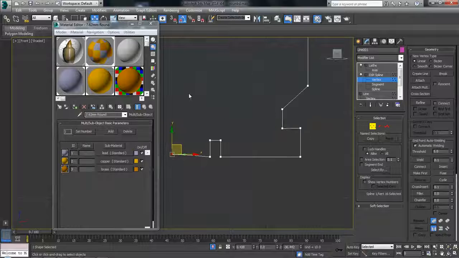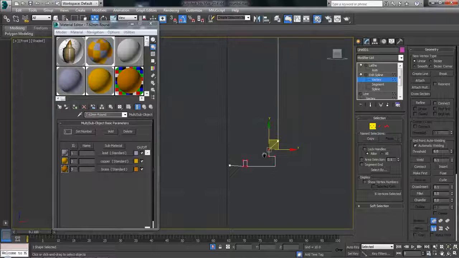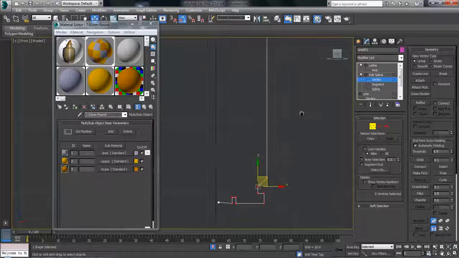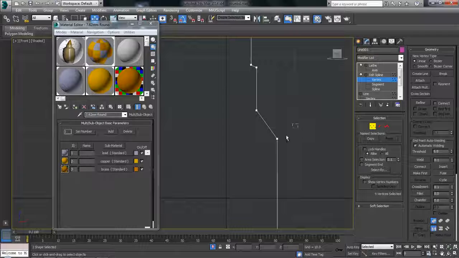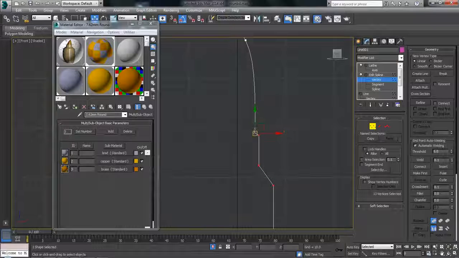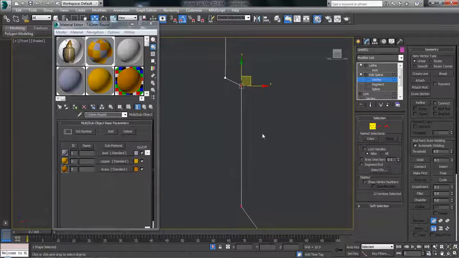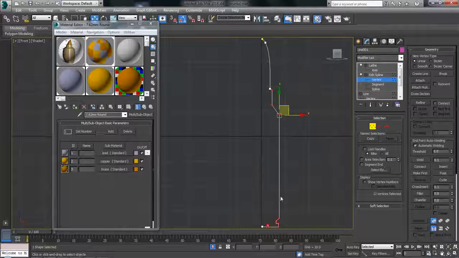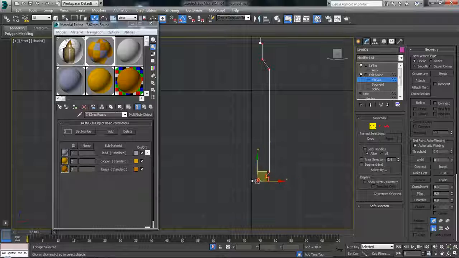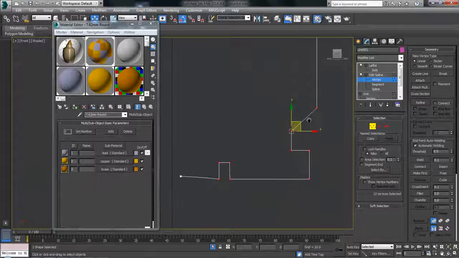I'm going to select all these vertexes here, vertices, I don't know what the correct terminology is. Holding down control lets me select multiple ones. This one, and this one. I don't actually want this one, so what I'm going to do is hold down Alt and just drag around it. So we've got all the vertices for the case selected apart from this one here. Okay, let's just zoom in here. What I'm going to do is go fillet,